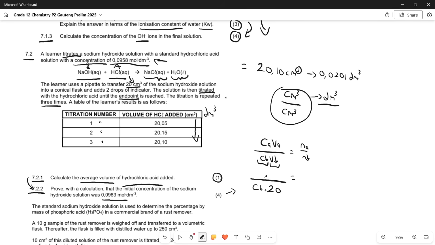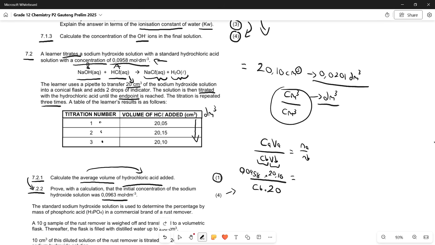So we can go ahead and write that over here, 0,0958, and then what we can do is we calculated the average volume of hydrochloric acid in 7.2.1. So the average volume, like we had over here, was 20,10 centimeters cubed. We just have to put it in centimeters cubed, as we put centimeters cubed at the bottom. Okay, if we had converted this to decimeters cubed, we'd then also sub in the decimeters cubed volume over